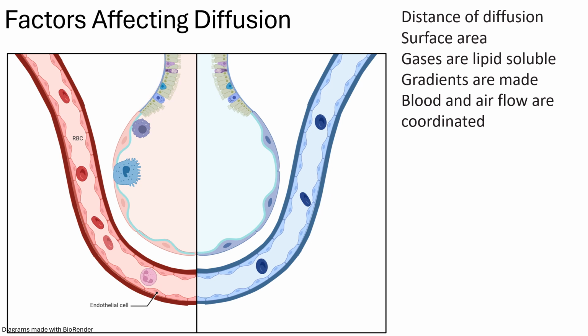Number three, lucky for us, carbon dioxide and oxygen are both non-polar, lipid-soluble gases. And because of that, they're actually capable of just diffusing right through the cell membranes of the simple squamous cells of the respiratory membrane. No transport channel is required. These gases are just able to push through, in between the phospholipids in the phospholipid bilayers of the